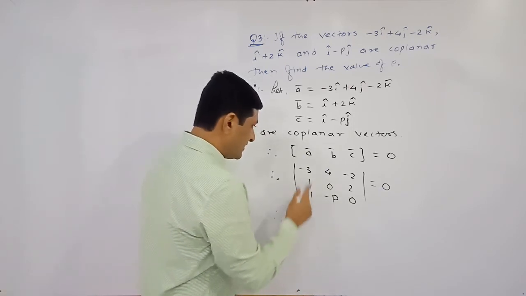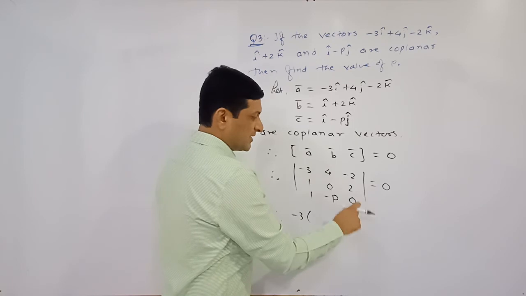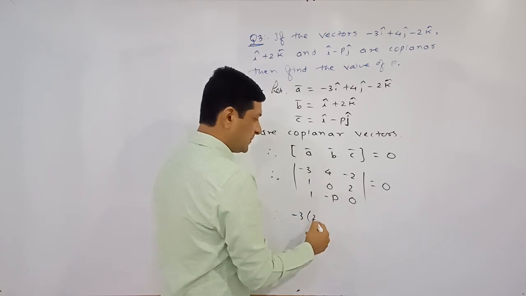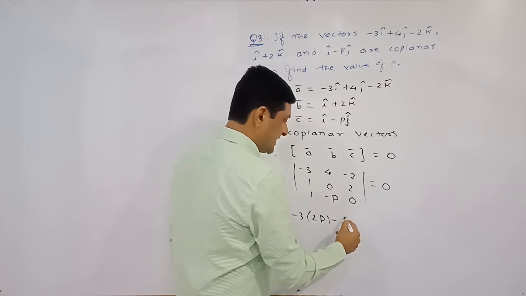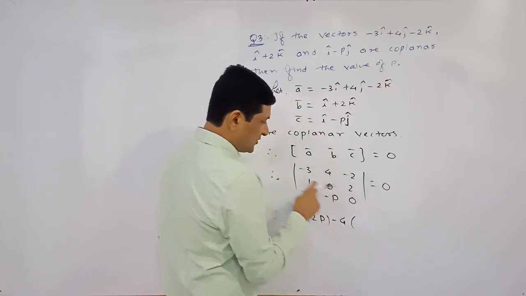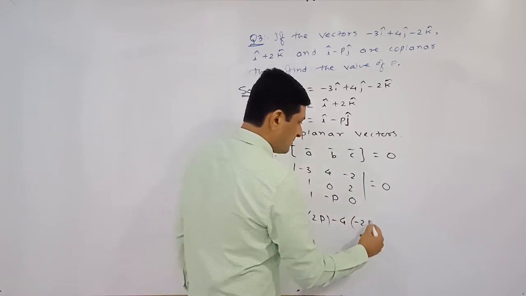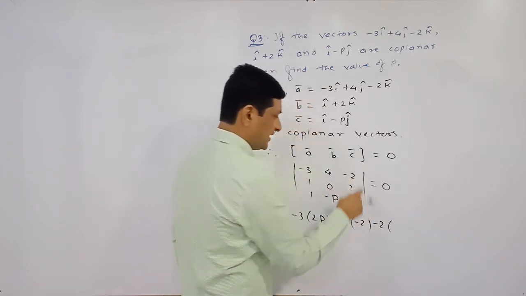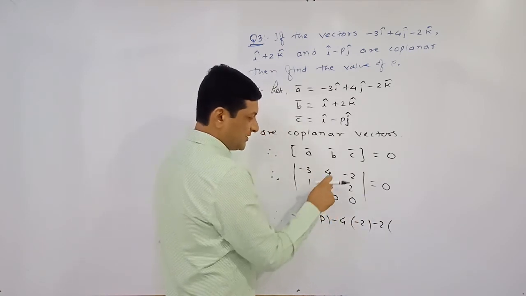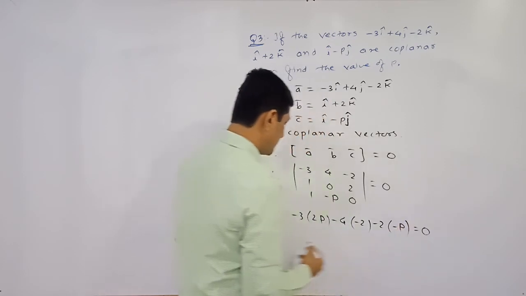So therefore, here first write down minus 3 as it is. Delete this column, this product is 0 minus minus means plus 2. 0 plus 2, here plus 4 is there, then take here minus 4. Delete this column, this product is 0. 0 minus 2 will be what? Minus 2. Lastly, write down minus 2 into, delete this column, this product is minus P minus 0 will be minus P. On the right hand side 0, keep it as it is.